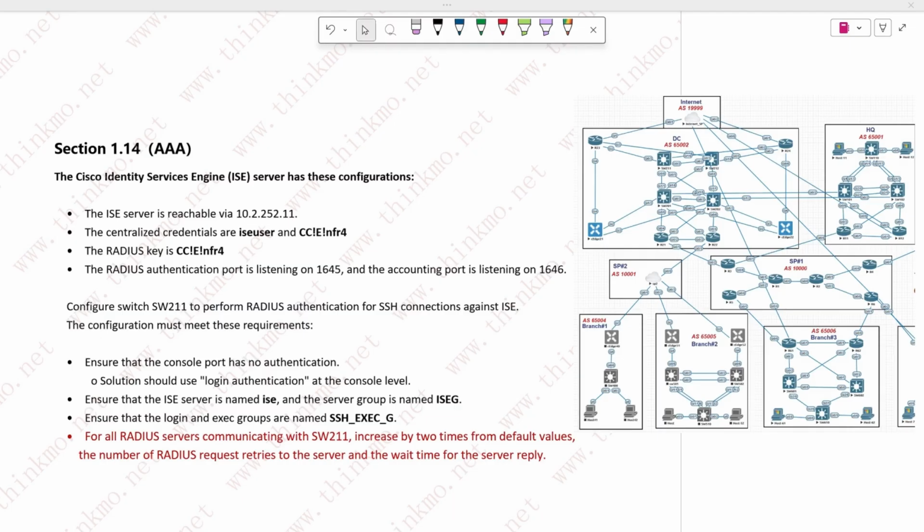All right, today we'll continue with CCIE LAB requirement 1.14, which is about AAA authentication. Now let's look at the details below. First, the first requirement is to configure the ISE authentication server. The address of the authentication server is